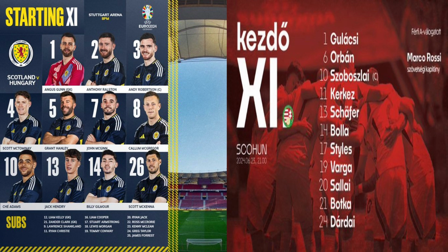Scotland will get plenty of bodies back, but Hungary still in possession, and out to the left-hand side now. It's Kerkez coming forward on the left. Plays it off Anthony Ralston. A sore one for Ralston. Behind for the corner. And Ralston... It'll take him a wee minute here, I'd imagine. Yeah, he felt that one in a tender area, but it will be a Hungary corner, and again, it all